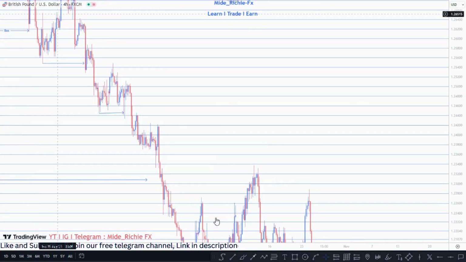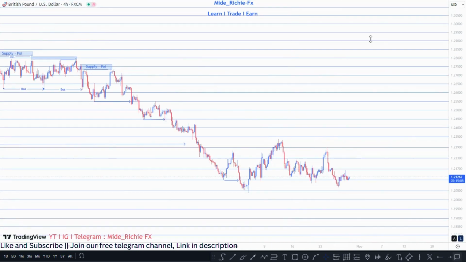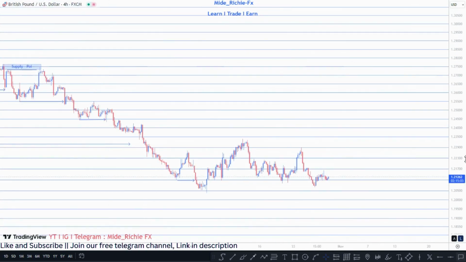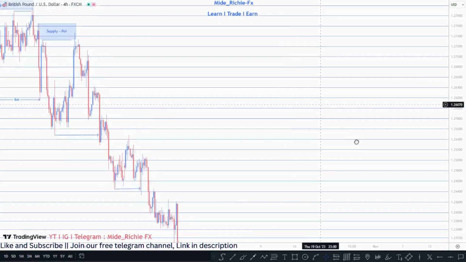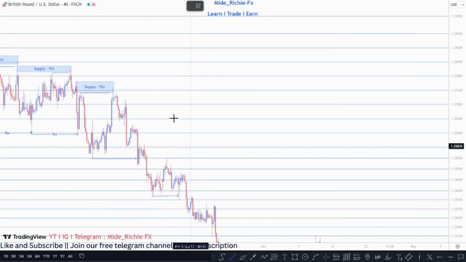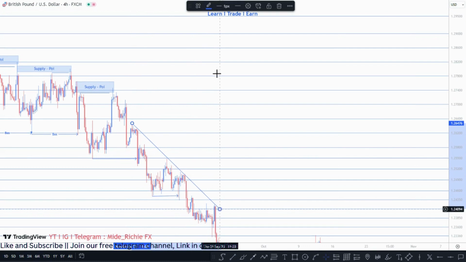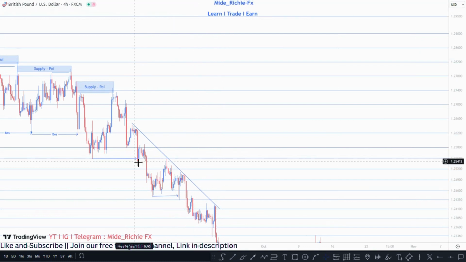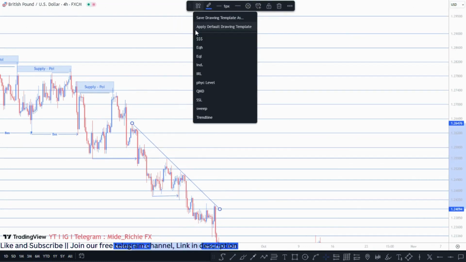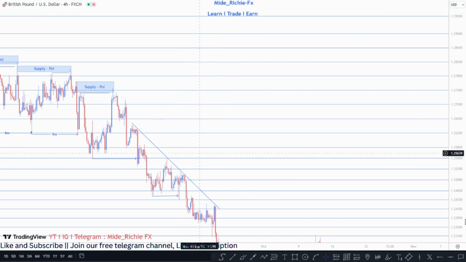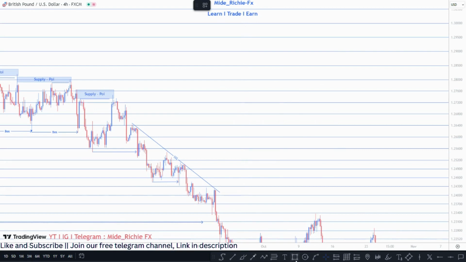Okay. So after that, you guys can see that after the mitigation right here, market has been creating some sort of liquidity build up. It's actually trend line liquidity, let me say. And that will be these ones. All right, now I've clicked that trend line liquidity. Okay, let me just use this dollar stuff. So market uses that as a trend line liquidity, of which it left behind this very valid and nice supply